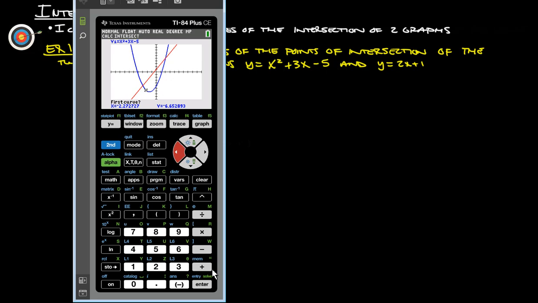So I'll say first curve, yes, I'll push enter, and then you'll notice it's going to jump up to the other line and say second curve, yes, that's the second curve that I want to find the intersection of, and then it's going to ask you again and say, do you want to guess? Sure, it actually goes through and calculates it for you. It's not going to guess. But there it is. It gives you that, and now we can read it. It's x equals -3 and y equals -5 is one of the 2 intersection points. So -3, -5